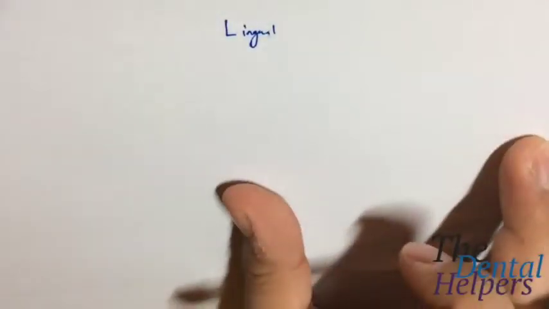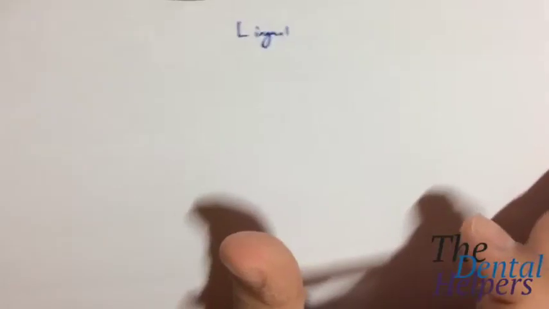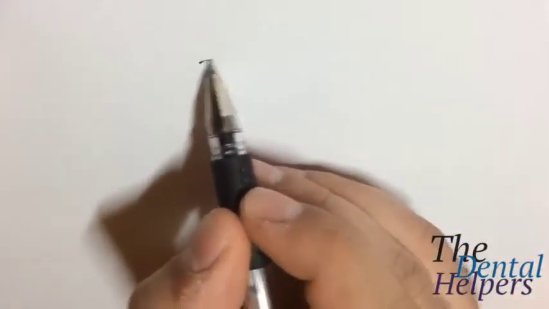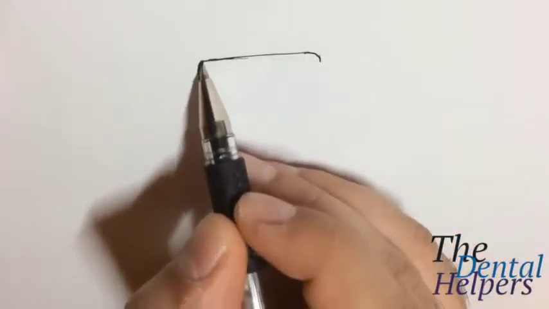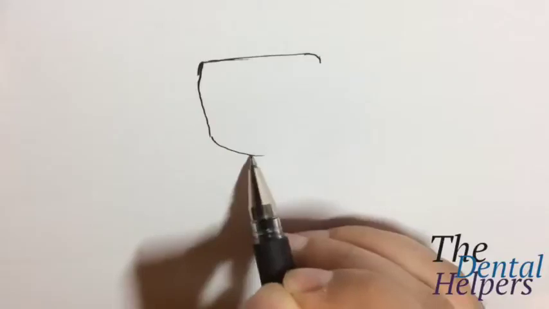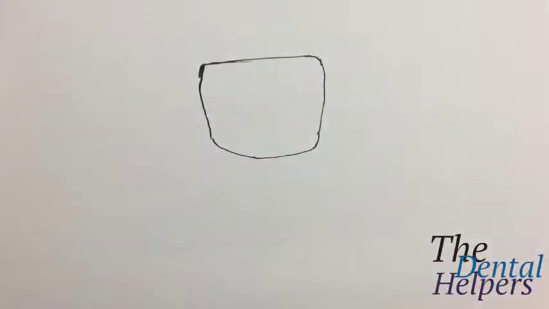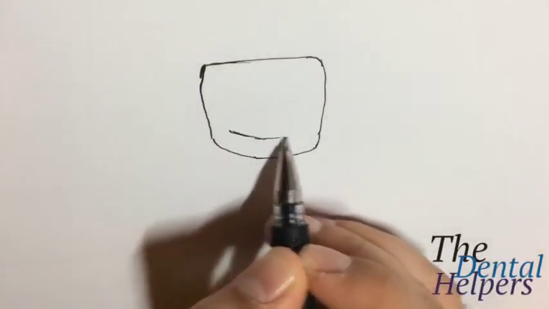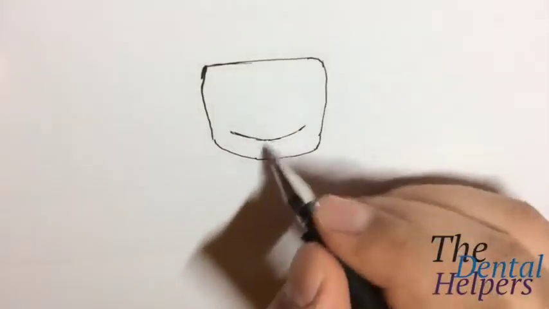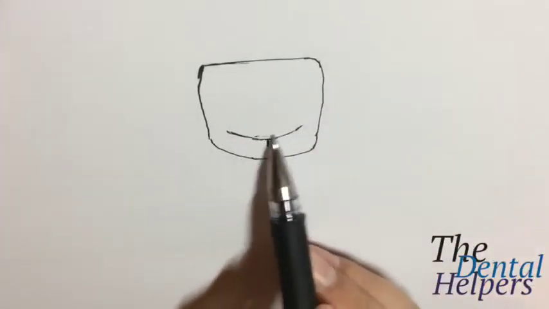The next thing is, what does a fossa look like? So what I'm drawing right now is a central incisor. You're gonna have to bear with me, it's not the best drawing. And so our central incisor looks like this. And I'm gonna give this a little bit of depth,